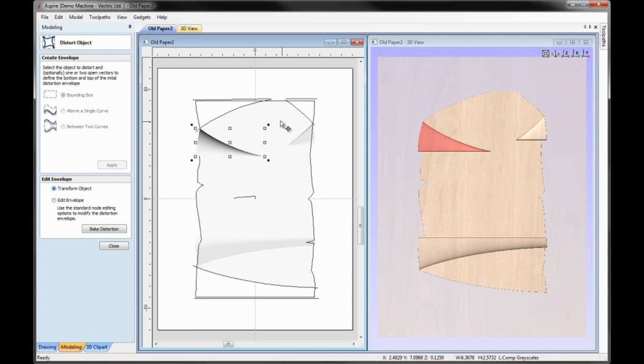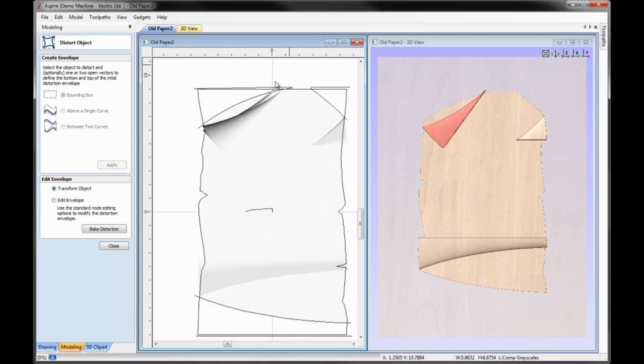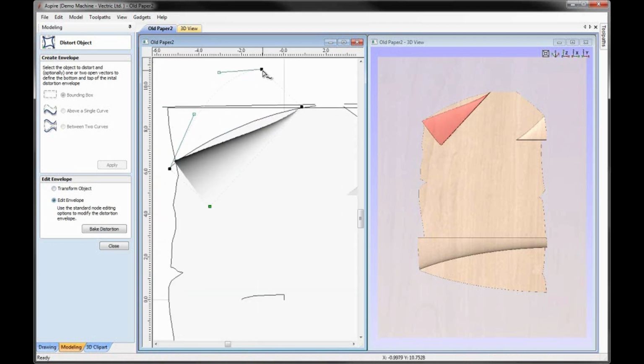Now I'm just going to click on the transform object. I'm going to rotate this around, and what I want to do is try and get it to be roughly in position of where it was kind of folded over there. Might need to use the arrow keys to jog that around. I'm going to go back to the edit envelope here, and now what I'm going to do is come over this part here and hit B to be able to change this. If we hit F and just zoom in on this area, and what you want to do is basically take this